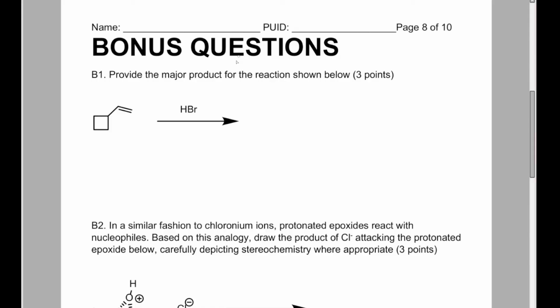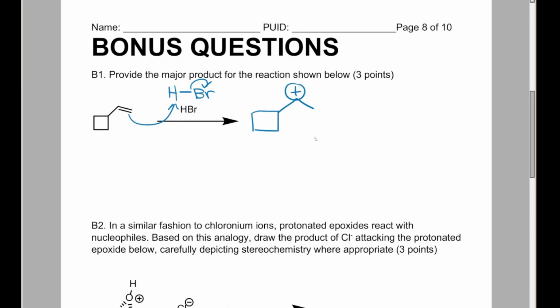For this problem, it's just the same thing as the previous problem, where this alkene, this double bond, is going to grab the hydrogen, the bromine will leave the bond, and we'll have some sort of intermediate that looks like this, where the carbocation is formed at this carbon and not at this carbon, because remember that carbocations can be formed at either side of the double bond, but this carbon is preferable over this one because this middle carbon is a secondary carbon, and this one on the end is primary,